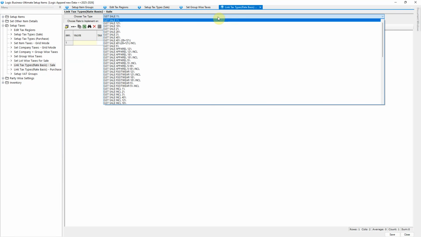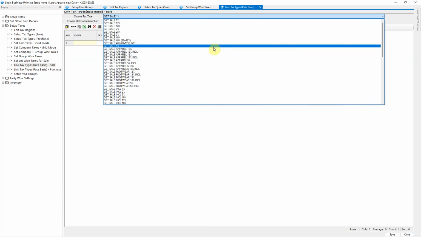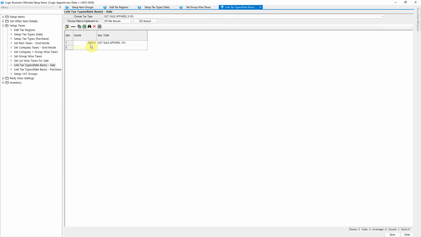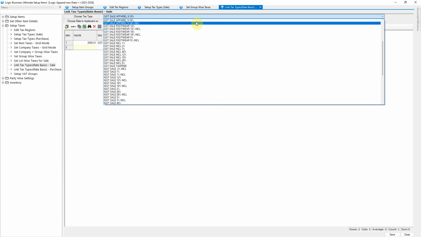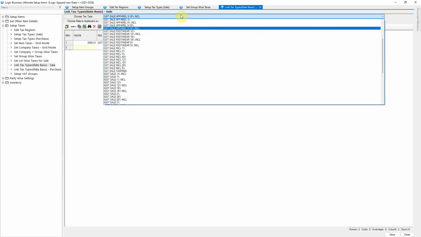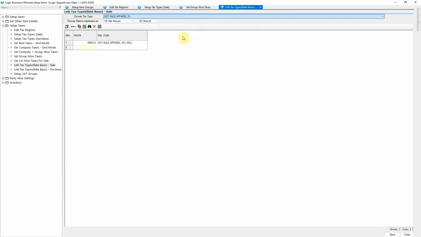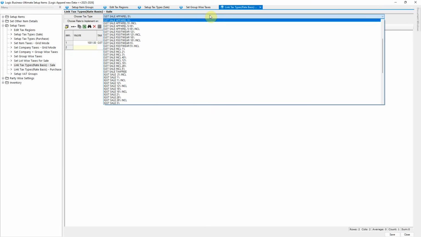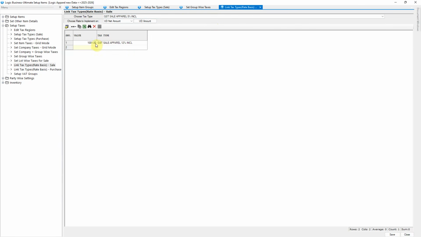Lastly, under the link Tax Types settings, you can review the newly created tax types in the list. The value 2501 has been automatically defined and linked with GST Sale Apparel 18%. At the same time, the old tax types, where the threshold was 1001, remain unchanged. The creation of the new tax types has not affected the previous setup in any way.